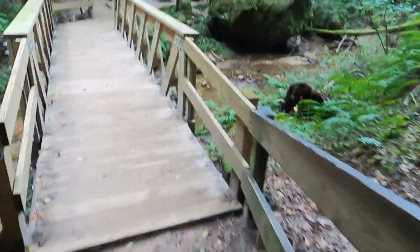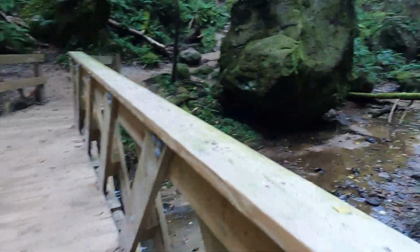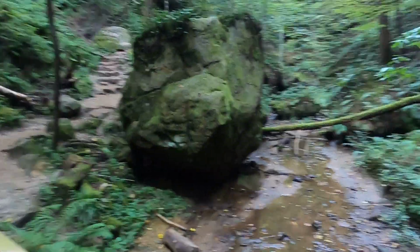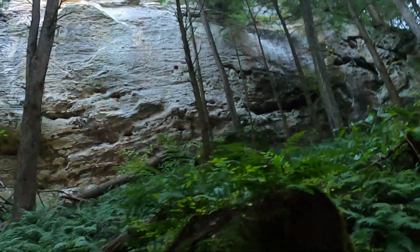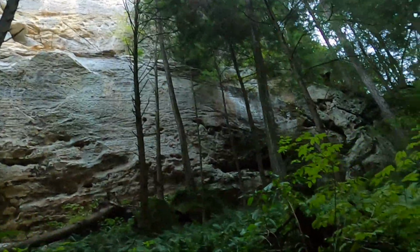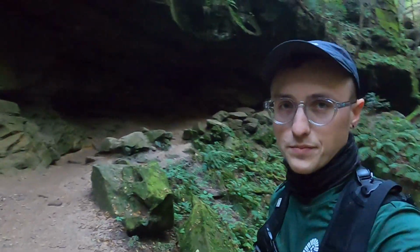Get the tripod, get the headlamp, and that should pop out and let me do some light painting with the waterfall and expose it a lot better. And then maybe take some different images with the tripod, since I already have it, of all the different rock in the gorge here and all the Blackhand sandstone that's present in the Hocking region. So I think that's what I'm gonna do, but my battery's almost dead on this,